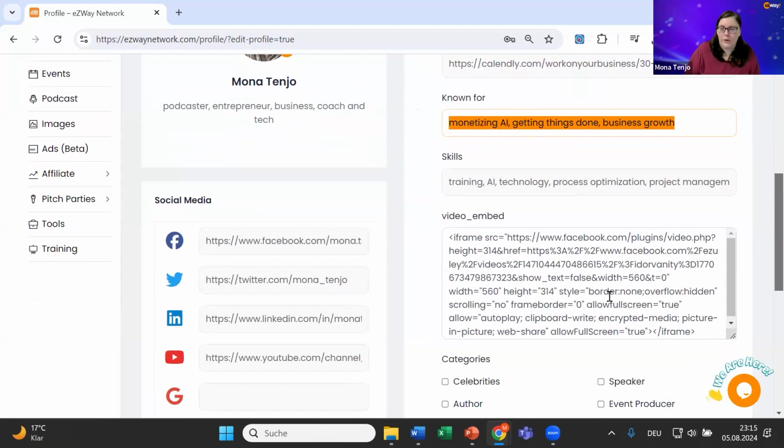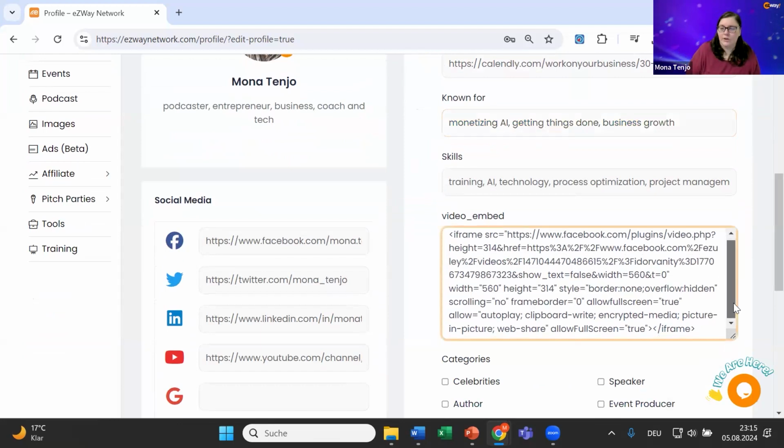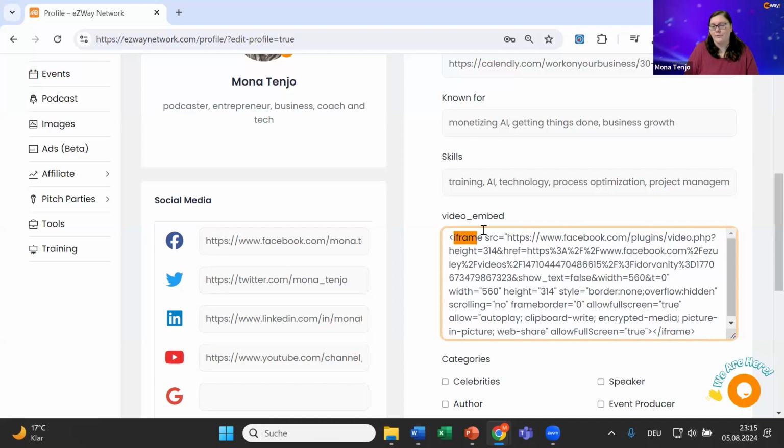Okay, so if you are going from YouTube, you basically need the embed code. So you will go to YouTube, you will click on share. If you have a video that you want to embed, you click on the share button, and then there is an option called embed. It usually has these little triangles to the side. You just click on this embed, and it shows you this code. It always starts with iframe, and you just copy this entire thing and paste it in here.